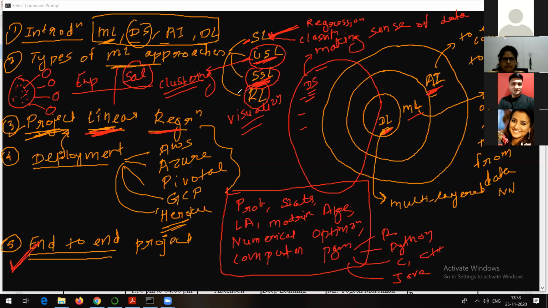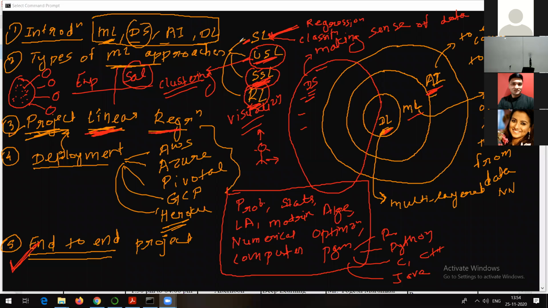And reinforcement learning is what? Reinforcement learning is all about robotics. The best example is driverless cars, right? Reinforcement learning is feedback-based learning or reward-based learning. For example, if you have created an application, or if you have a product, for example, a robot, right? Now, if that robot is expected to move one step forward, but it is moving one step to the right side, that means that is not the correct action it has performed. So in that case, you can give negative feedback to it, right? So what will happen? Next time it is going to remember that, and it is not going to repeat that kind of mistake, right? So that is called reward-based learning.